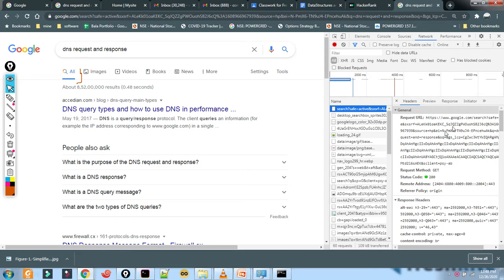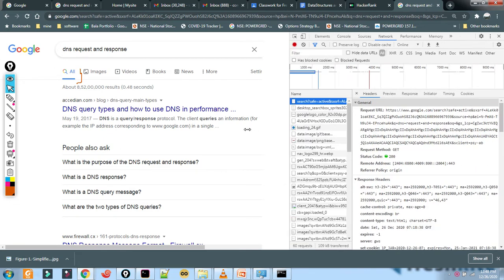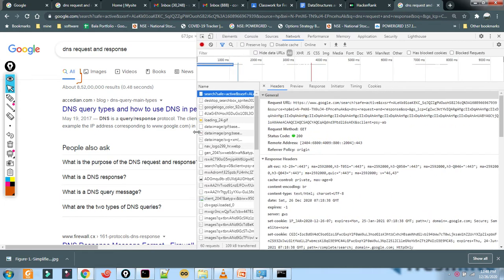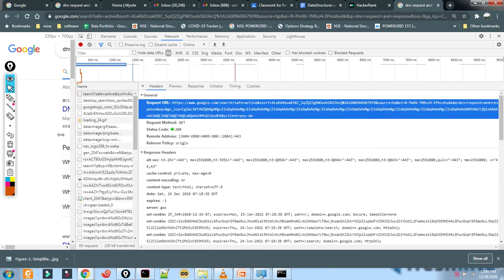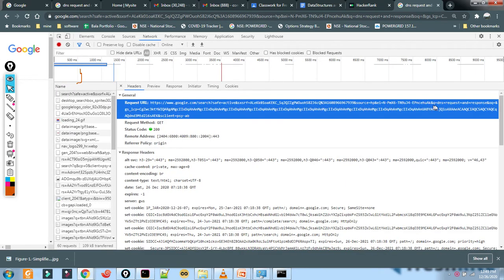So here if you see in the request, what you are seeing here is, I think it is hidden here. See here, q equal to DNS plus request and response. See, this is a query. It is adding all the strings and sending. So we are sending this in the request URL.